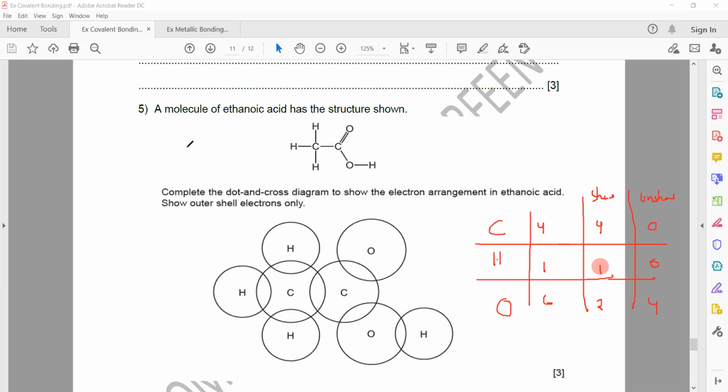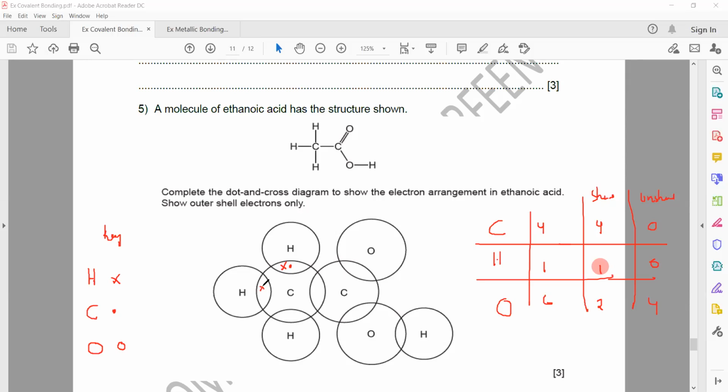And you have to use different symbols. So you can mention a key here: hydrogen electrons you are representing by cross, carbon electrons you are representing by dot, and oxygen electrons you are representing by a circle. So if hydrogen shares 1, because you first start with hydrogen, the one which shares the least number, carbon will share 1 from that side.